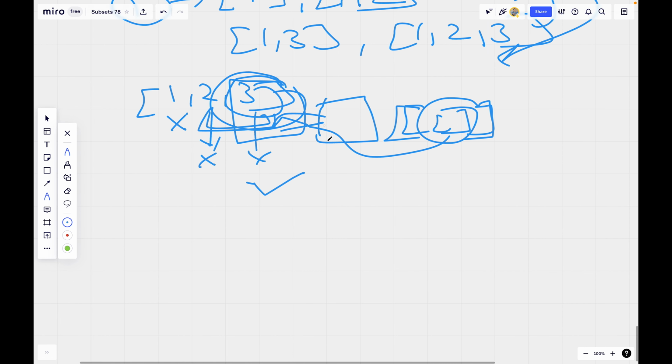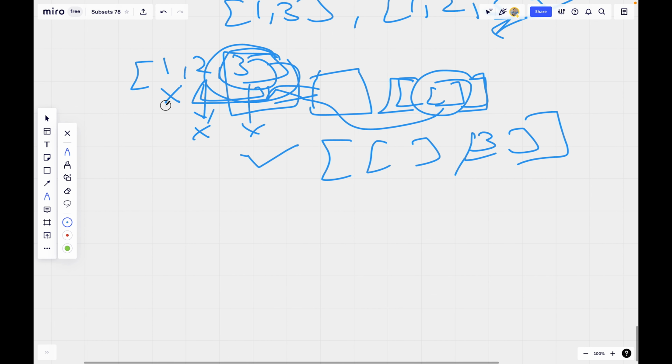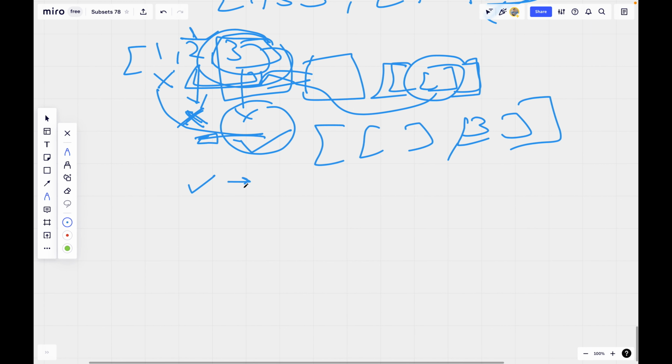Now compute subsets including me. Still this call is going on. Now this call will be completed and control will be back to element 2. Now 2 will say, I have exhausted all the possibilities where I am not included. Now include me and compute all the subsets. It will again go to 3. Recursively 3 will say, do not include me and compute all the subsets, and then include me and compute all the subsets.